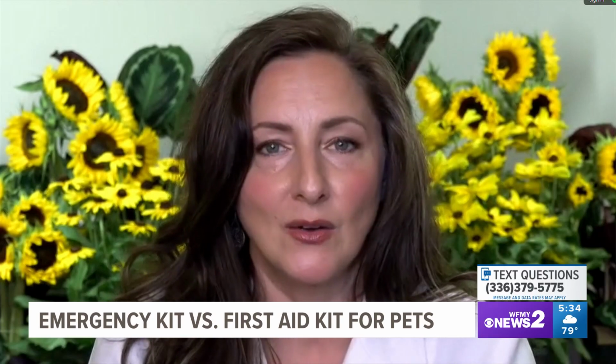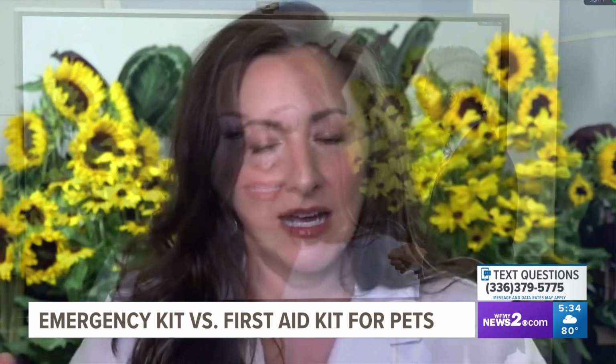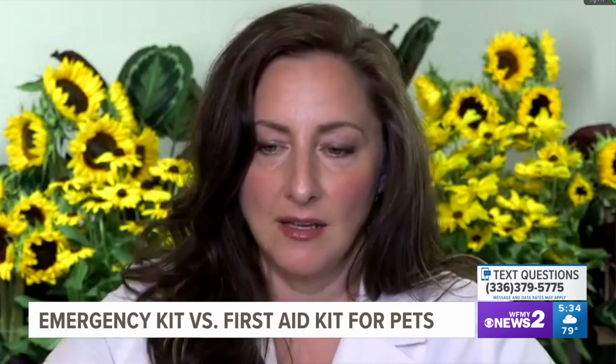So having those ready to go is critical. Are there any concerns with somebody who says, well, what if I just put my pet's emergency kit with my emergency kit? Would you suggest against that or no? I think keeping them together but separate is really important because their pet needs are going to be a little bit different than our needs, but having them next to each other, labeled appropriately, pet emergency kit, personal emergency kit,